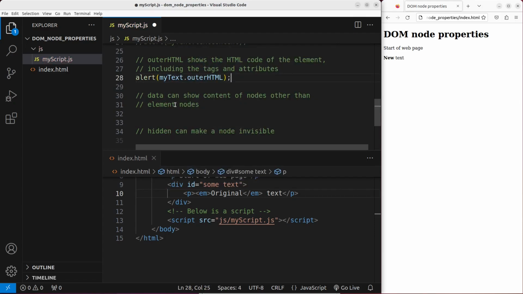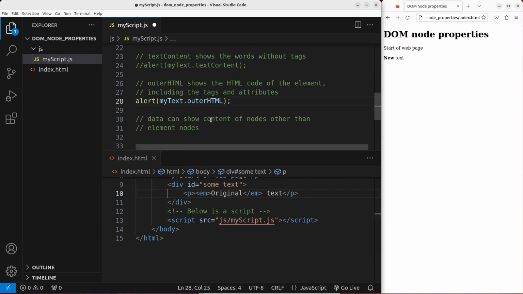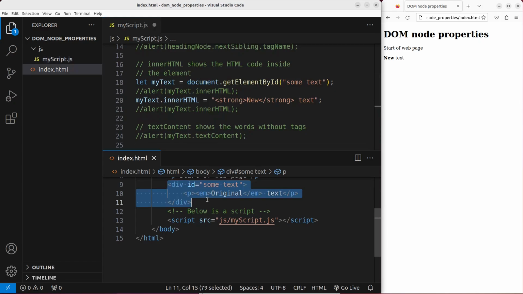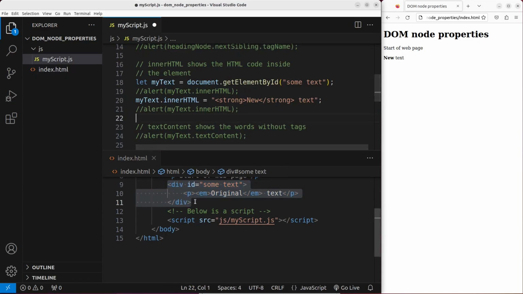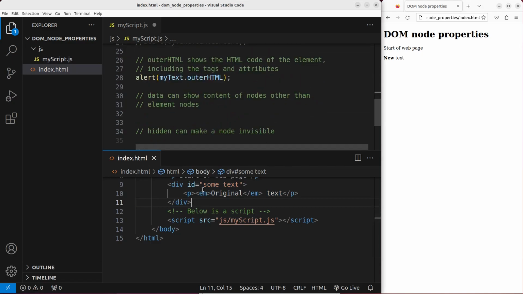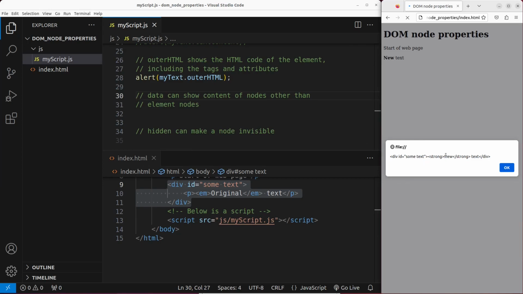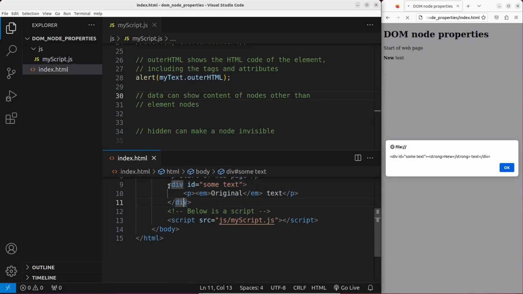So I would like to show the outerHTML of my text variable. My text refers to some text, so it refers to the division. And you will see that the outerHTML will try to show us all the things about the division. Save. Reload. Yes, you can see that the outerHTML includes the division tag contents, including both the opening tag and the